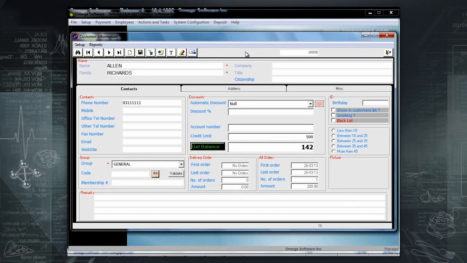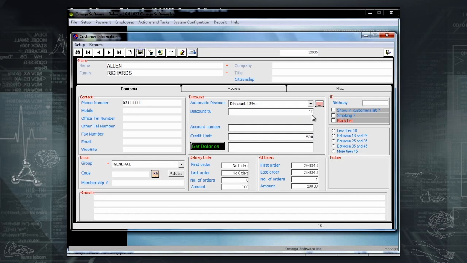Under Customer Management, in addition to Statistics and Credit Management, it is also possible to make automatic discounts by clicking on the arrow here. The previously created discounts appear. Note that the automatic discount is always a percentage. Select, for example, Discount 15% and click on Save. From now on, each time an invoice is listed under this customer's name, a discount of 15% is automatically made